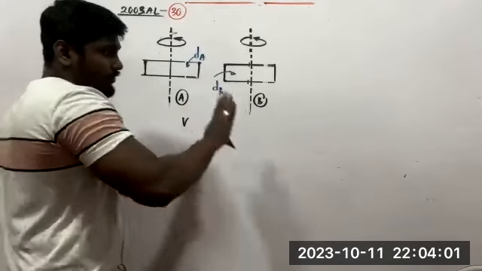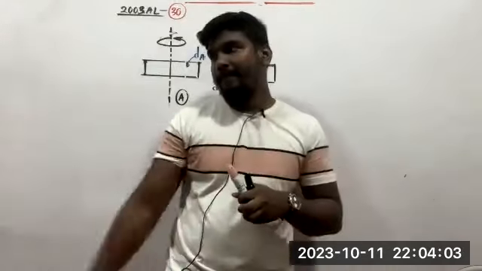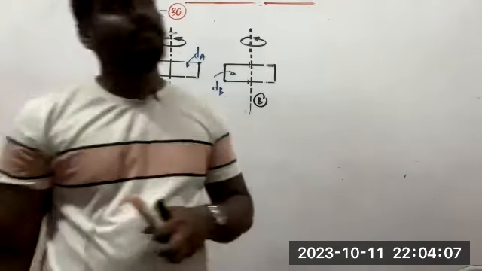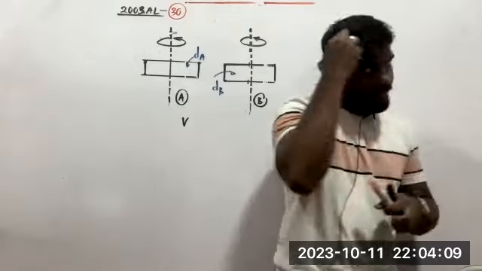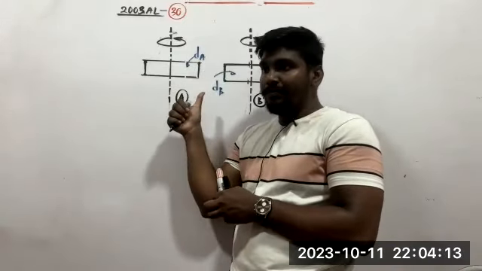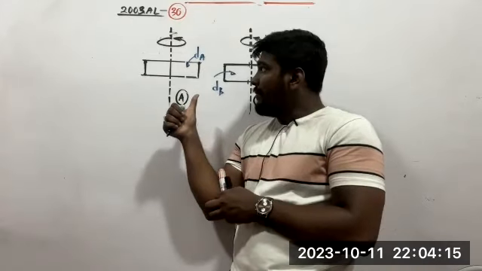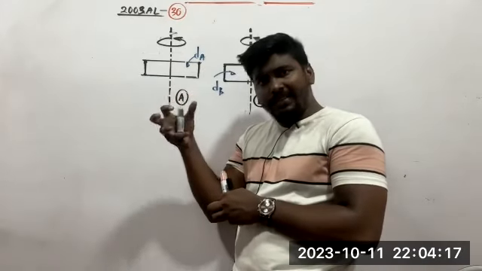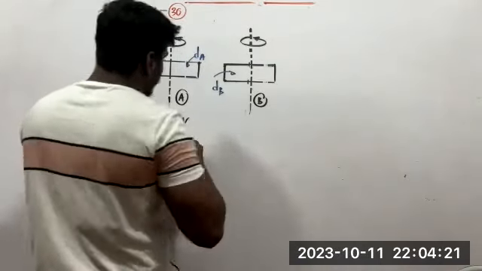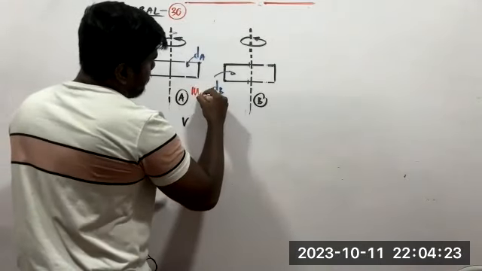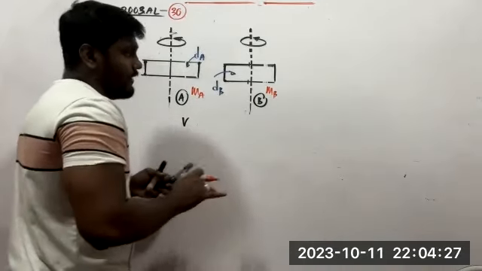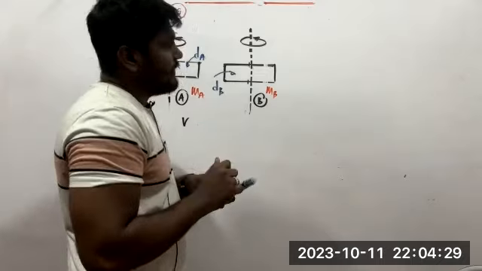We can come to the conclusion that when they have different densities, their masses are different because they have the same volume. They have the same volume, but different density. Therefore, their masses are different, right? Okay. Then